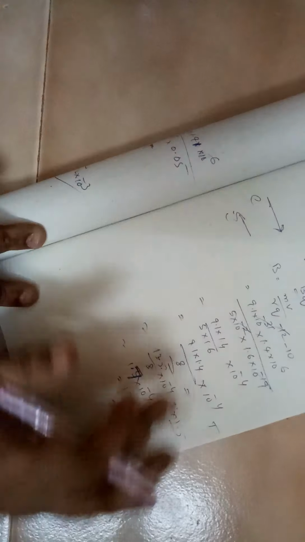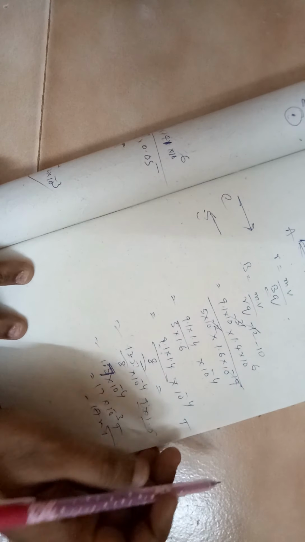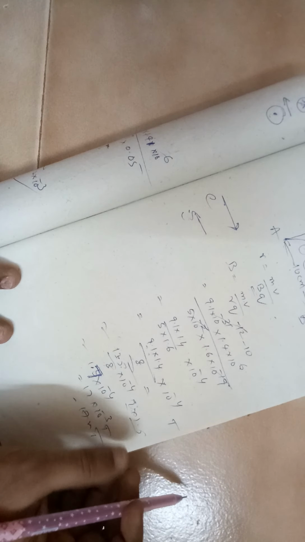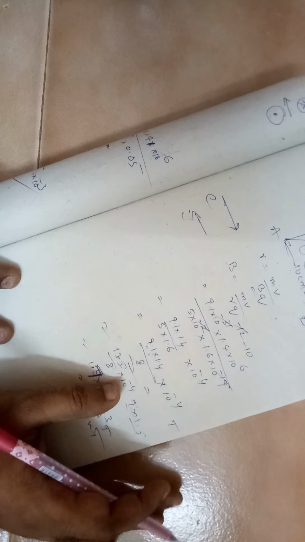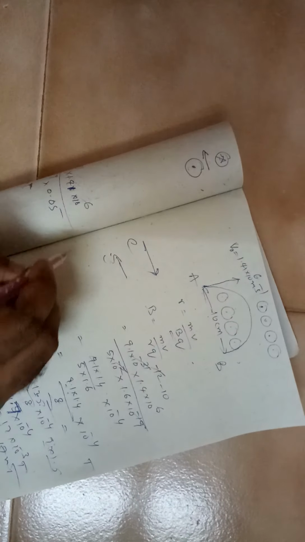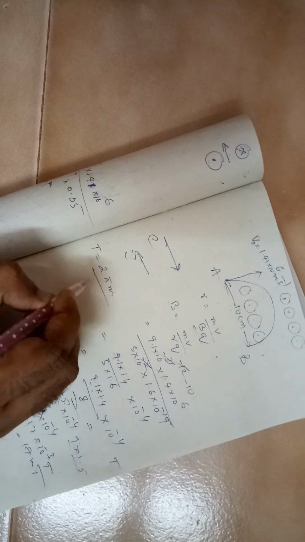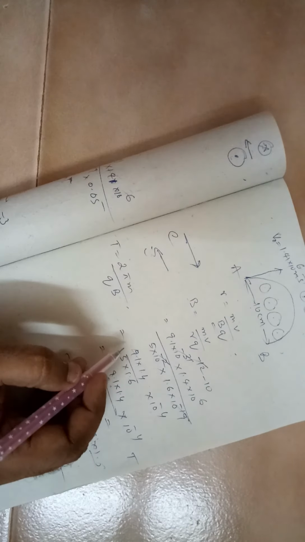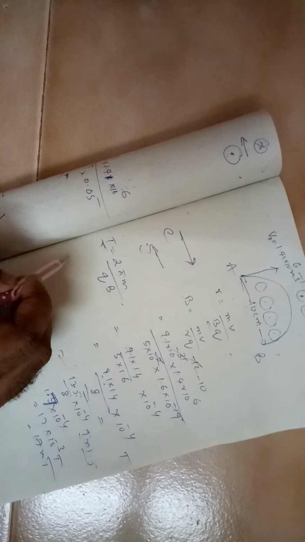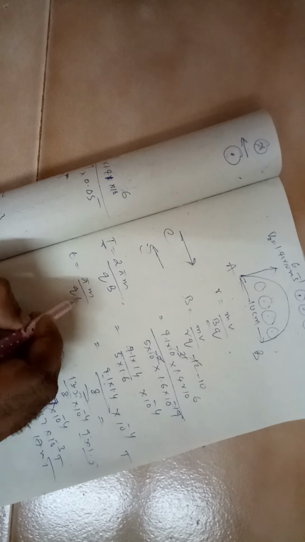With the help of options, you can sometimes cross check, no need to exactly calculate 9.1 into 1.4 and all that. If the options are quite far, you can approximate; if they are very close, then you have to do exact calculation. Now if I want to get the time period, the time period is given by 2πm by qB, but this is for the full cycle. For the half cycle, in our case, T will be equal to πm by qB.